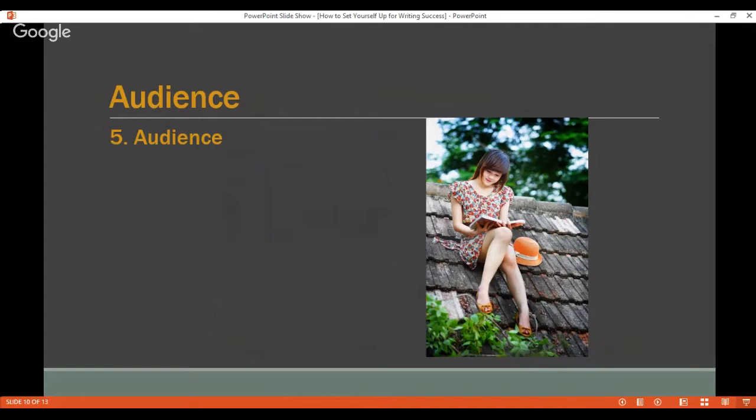Sometimes people write to themselves when they're doing journal entries and diary work, that sort of thing. You can also write to a family member. And mind you, when you're considering audience, this doesn't mean that you actually have to give your work to those people. So if you decide, you know what, I'm going to write to my sister. I've got some issues with my sister.